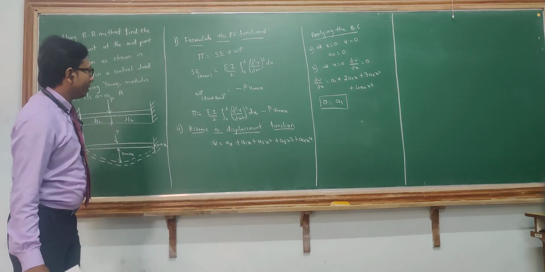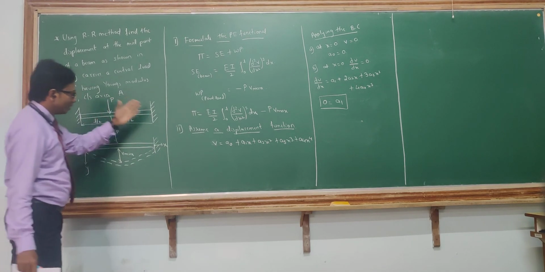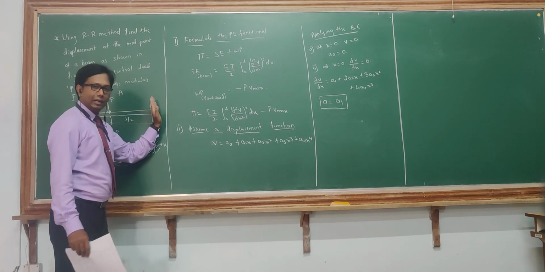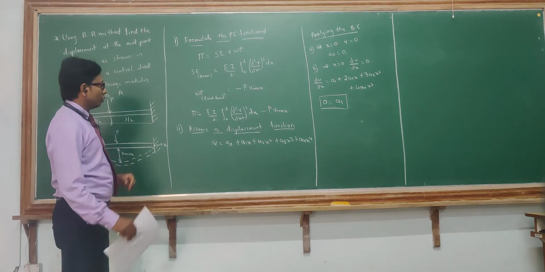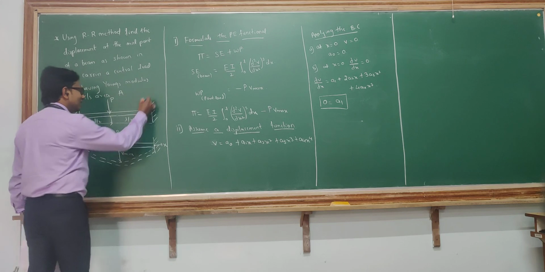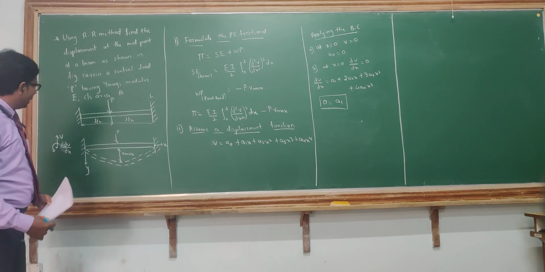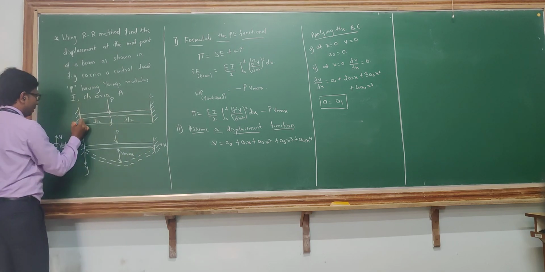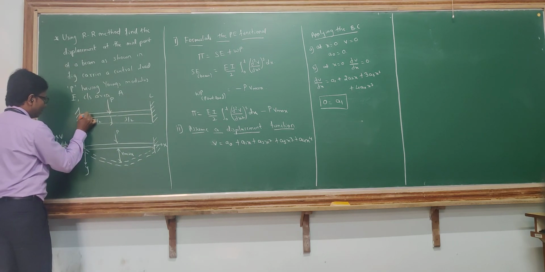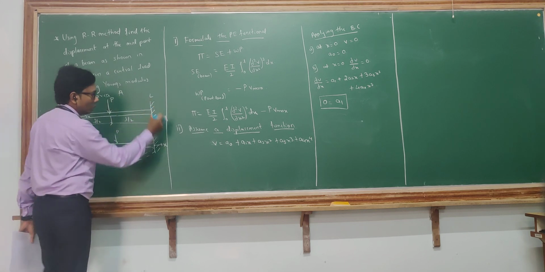So these are the two boundary conditions. At x is equal to 0 we have applied the same two boundary conditions. If you see here, this end is also fixed. Okay, both the ends are fixed. So which means that if I go at x is equal to L, the overall length, if I start from here, this will be y and this will be x. If I call it x is equal to 0 here, x is equal to L.